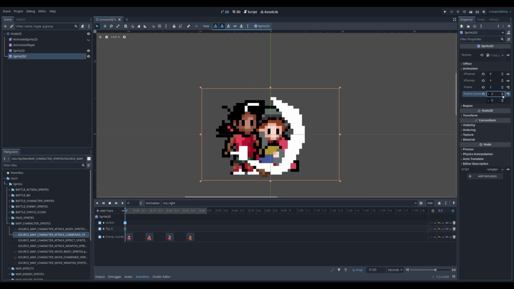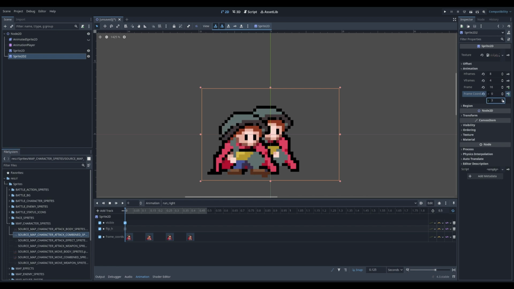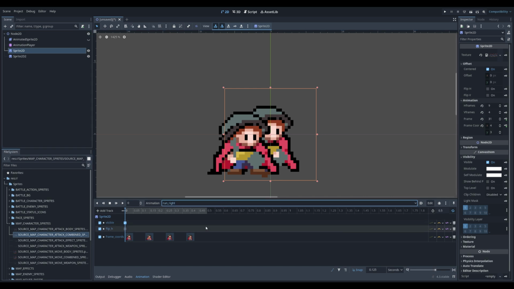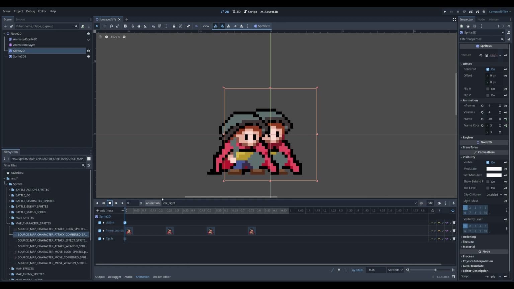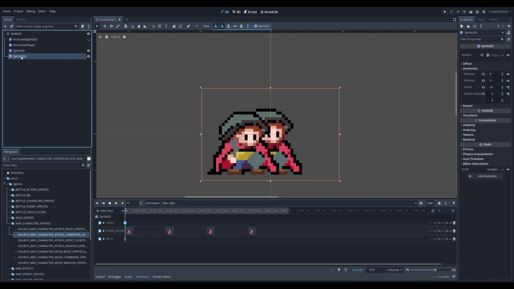you'll see that in showing whatever the characters are holding and showing the effect of the swing through the air, I end up taking up a bit of additional space. So what I'm going to do real quick is account for that using the animation player. I'm going to go back over here, do idle real quick, pause it, and go back over to this one, and